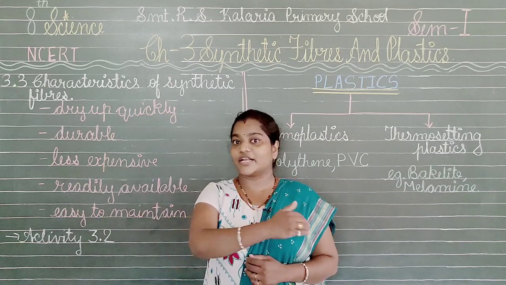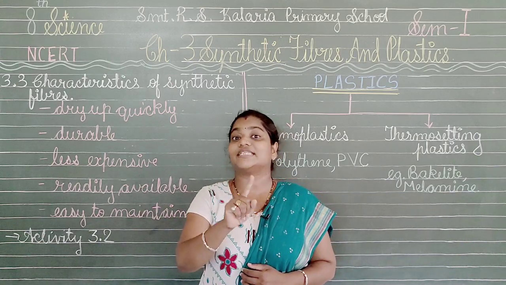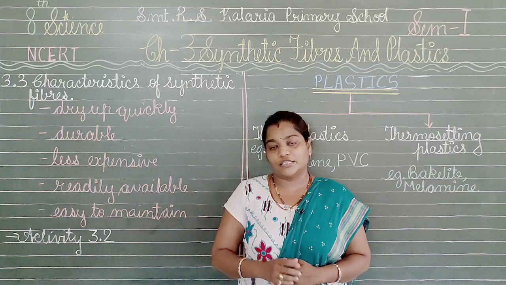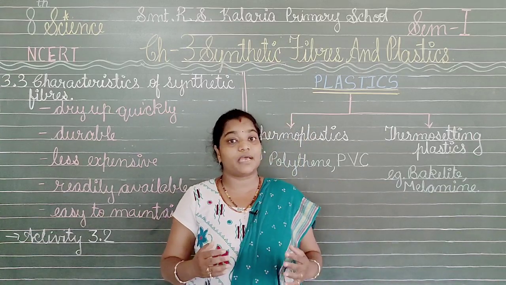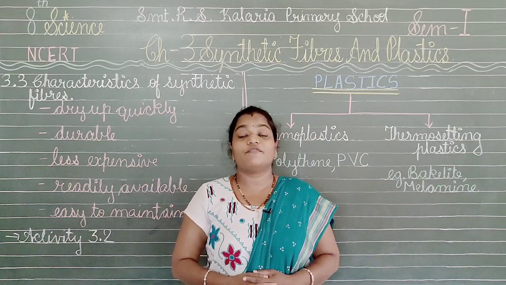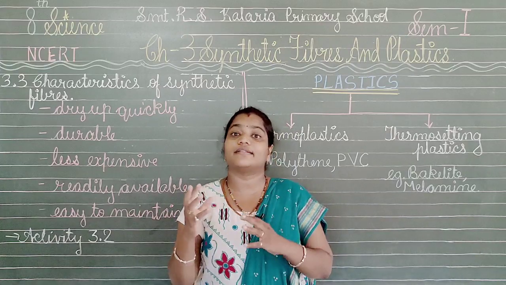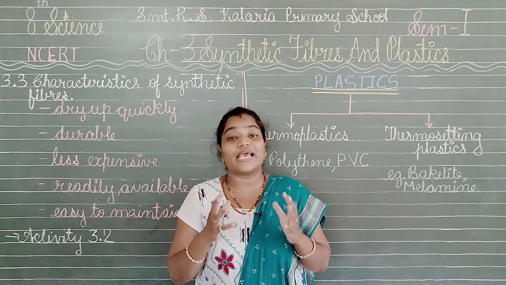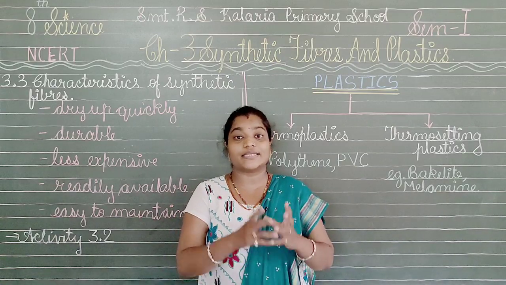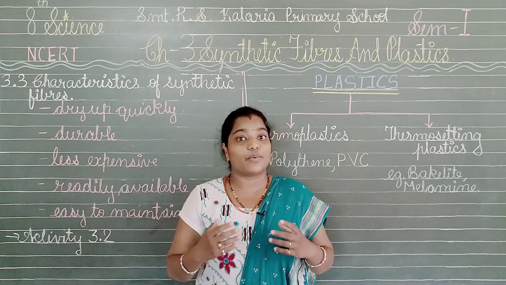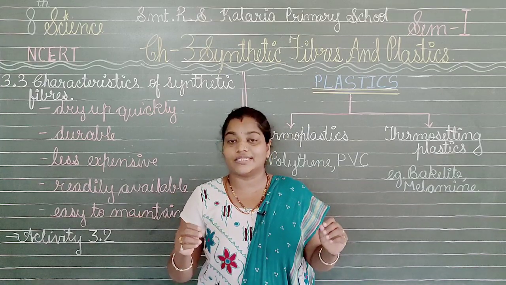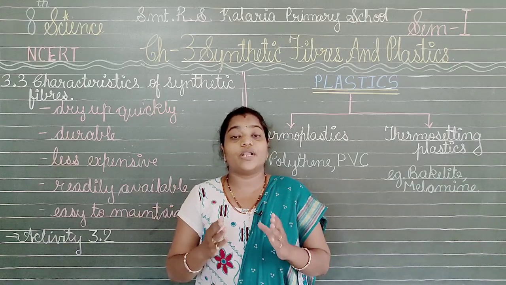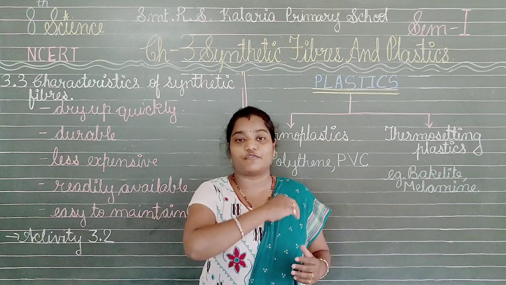Now here I will give you the conclusion, but still you have to do this activity at home as an assignment. Okay. Now what you will find is the first case where you have applied the same amount of water in both the tumblers. When you have soaked both the synthetic and the natural fiber in the water, you will find that the natural fiber will be absorbing more water as compared to the synthetic one. And when you take it out and, without rinsing, keep it to dry, you will find that the synthetic fiber will be drying faster as compared to the natural fiber.